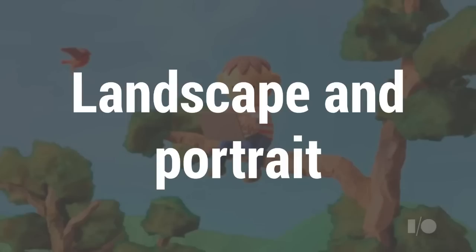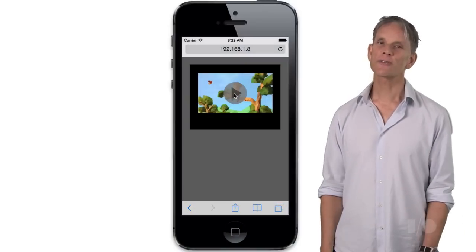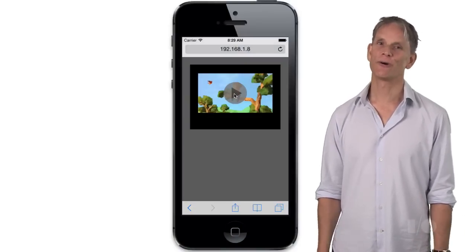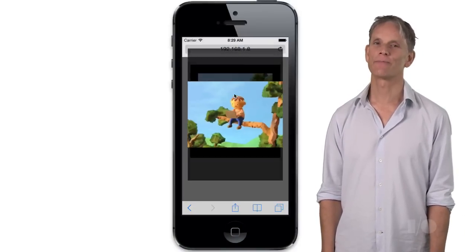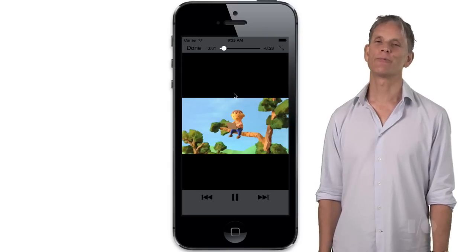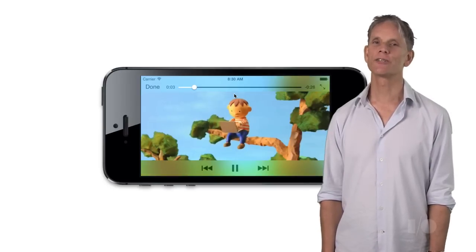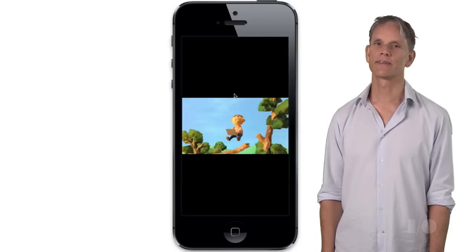Now, given that mobile usage is growing at an explosive rate, it's crucial to think about how video works differently on mobile devices versus desktop or laptop. In particular, device orientation is not an issue on desktop monitors or laptops, but is hugely important when considering web page design for mobile and tablets.